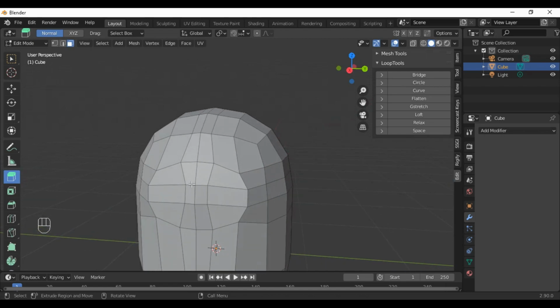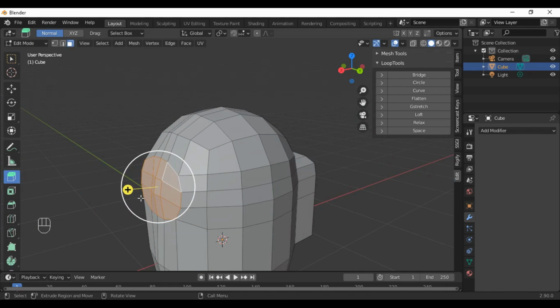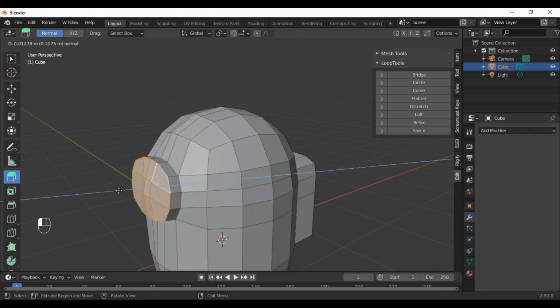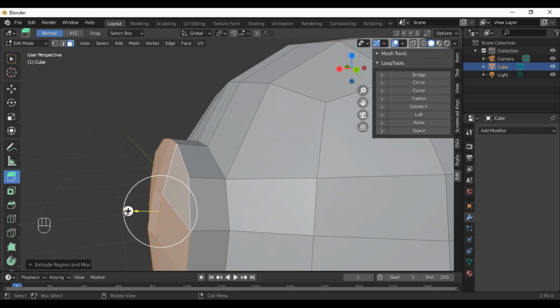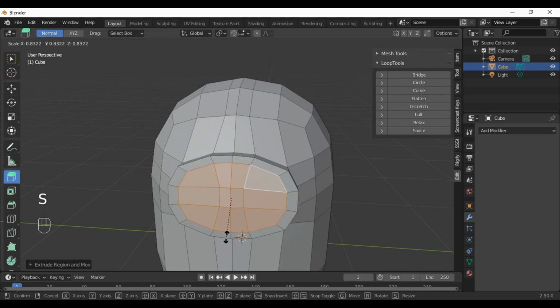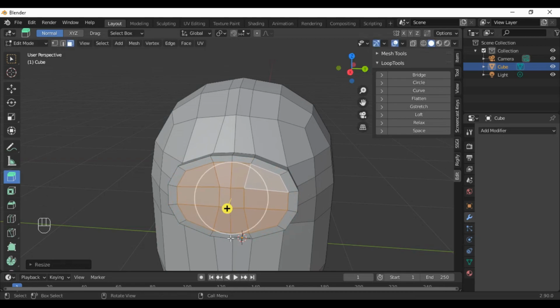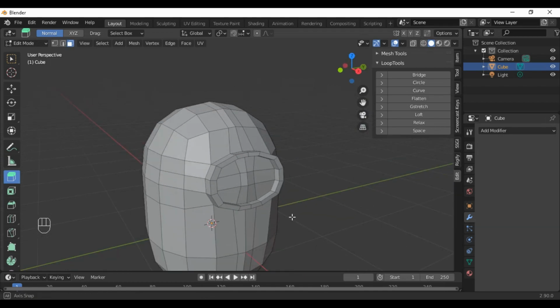Okay, now select these two, extrude. Also extrude it a little bit. Yes, just like that, and S to scale. Okay, also extrude like that. Okay.